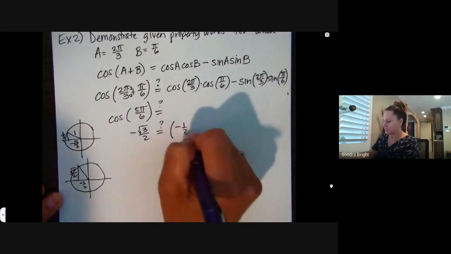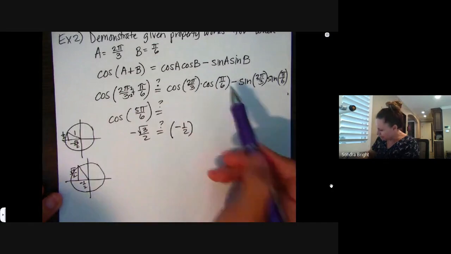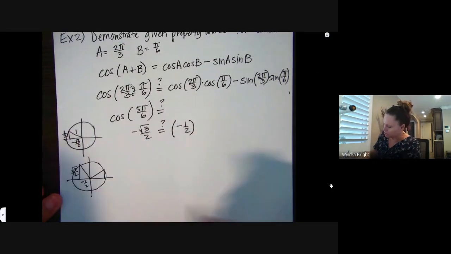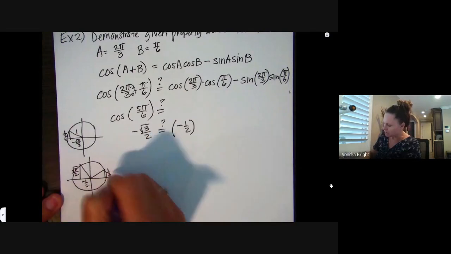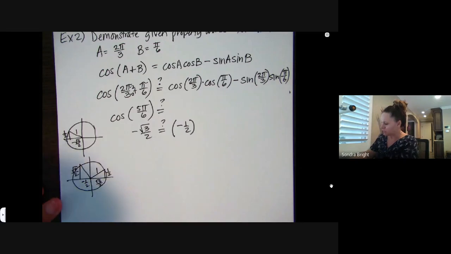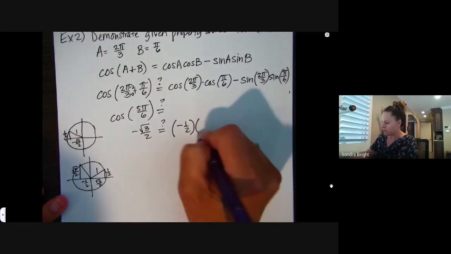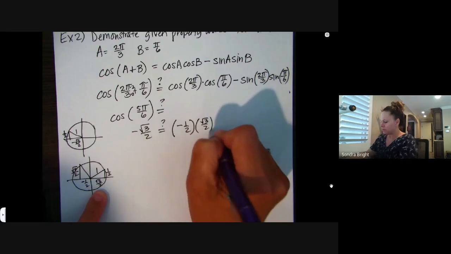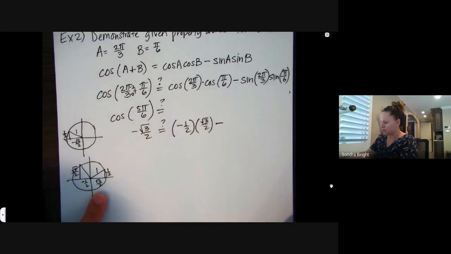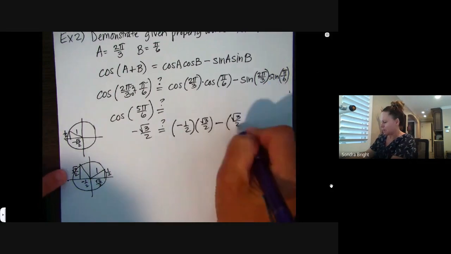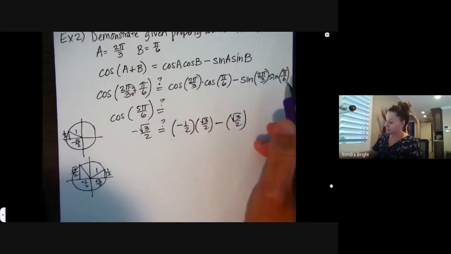Cosine of pi over 6. Here's pi over 6. It's a 30-degree reference angle. So it's a shorty. So 1/2 on that side, rad 3 over 2 on that side, and a 1. So cosine of pi over 6 would be rad 3 over 2. Keep the minus sign. Sine of 2 pi over 3, that was rad 3 over 2. Sine of pi over 6 was 1/2. All right, so let's simplify this